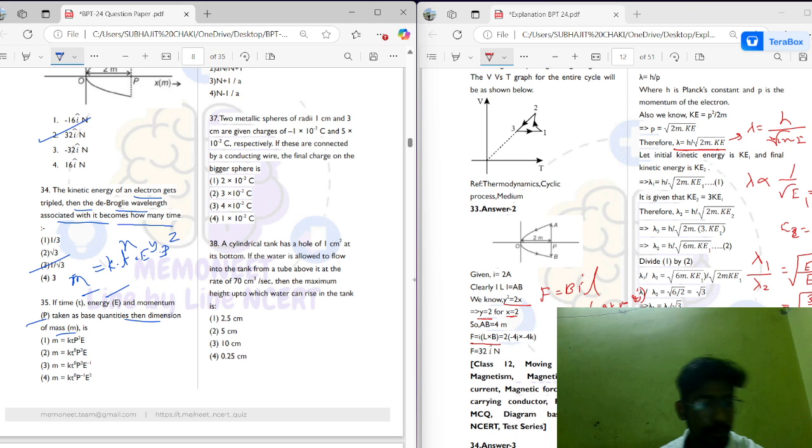A particle of charge q enters a uniform magnetic field B and is deflected at a distance x after traveling a distance y. Find the magnitude of the linear momentum of the particle. Linear momentum is m into v, which you have to calculate. If you take this into account, R is equal to P by QB. From this triangle,